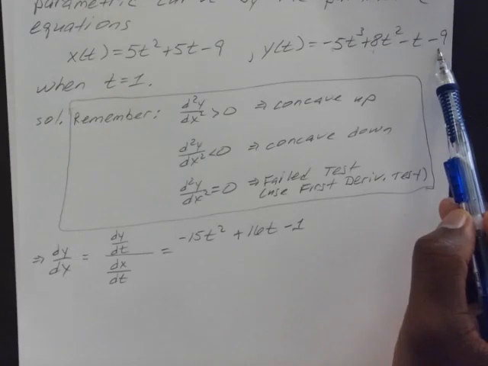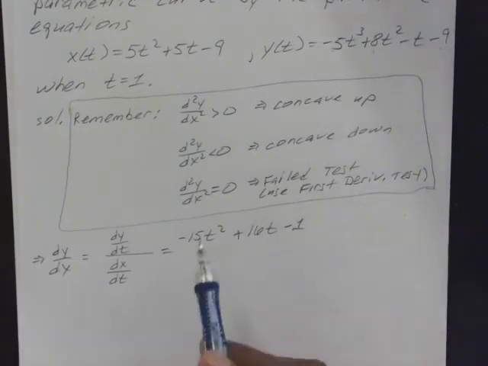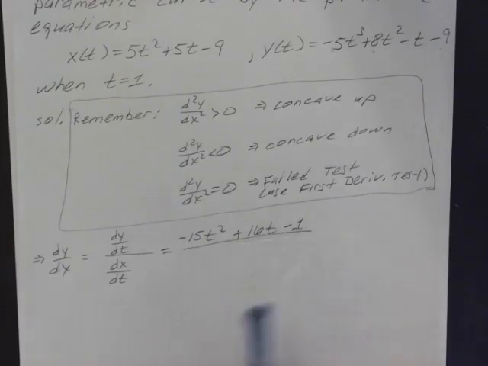Well, the derivative of a constant is 0, so that just disappears, divided by the derivative of x with respect